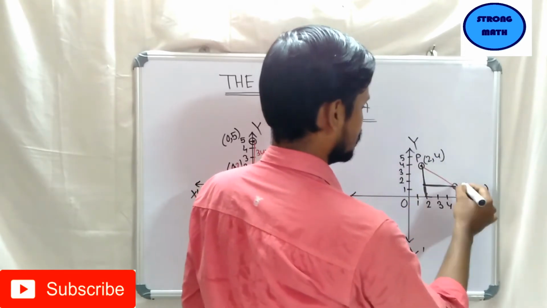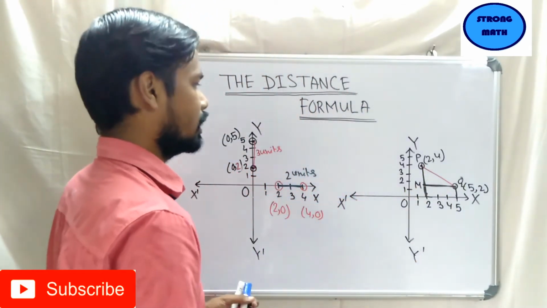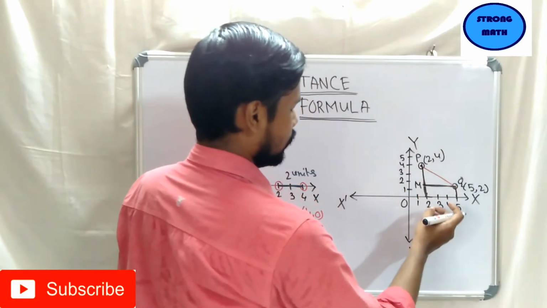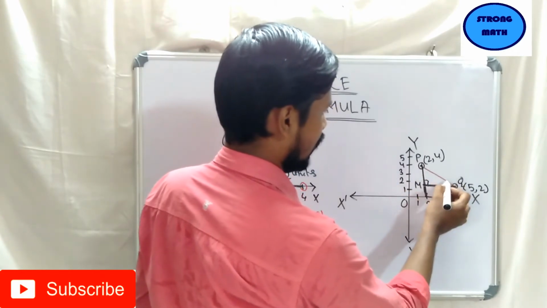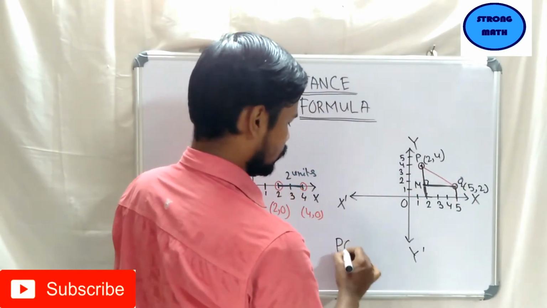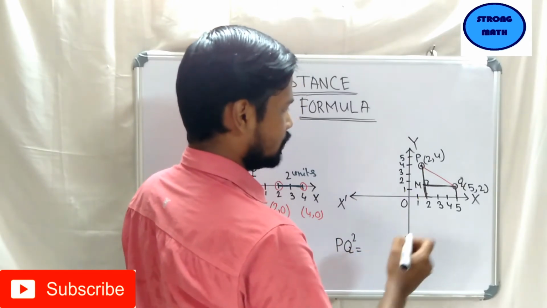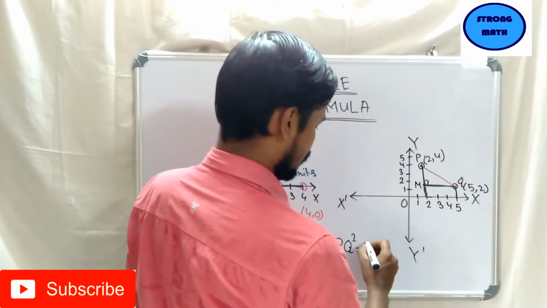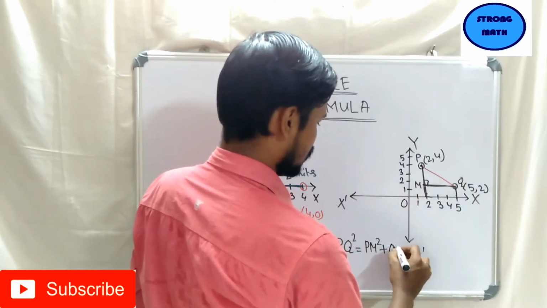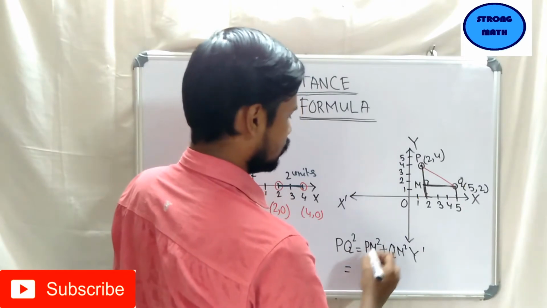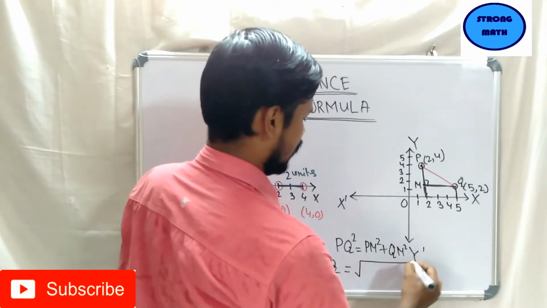Say this is point P, this is point Q, and this is suppose M. Look, this is nothing but a right angle triangle, and this is the right angle, and hence the red colored line, that is PQ, which is to be found, is the hypotenuse. Then we know that hypotenuse square is equal to the sum of the squares of the other 2 sides, and the other 2 sides are PM, that is PM square, plus QM, that is QM square. So we have to find the distance between P and Q, which is PQ. So PQ is equal to root under PM square